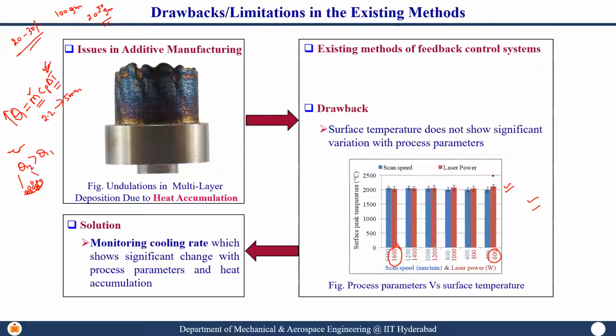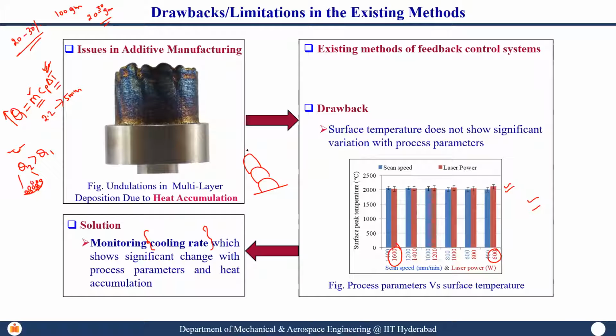If the peak temperature does not work, you know the process, you know the detector, you know the filters to use. Now which parameter to be monitored? So we are at this stage where we need to decide which parameter. The parameter should show significant difference with respect to the changes in the process. So this is where we identified that cooling rate is one such parameter, because when we are talking about layer by layer depositions,